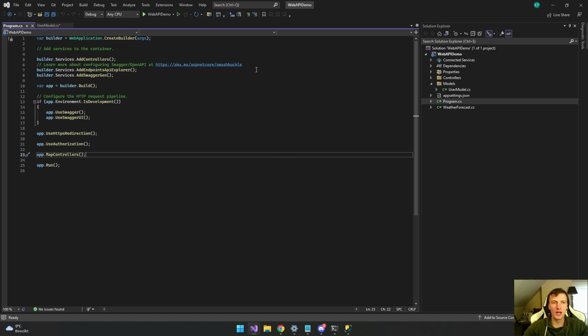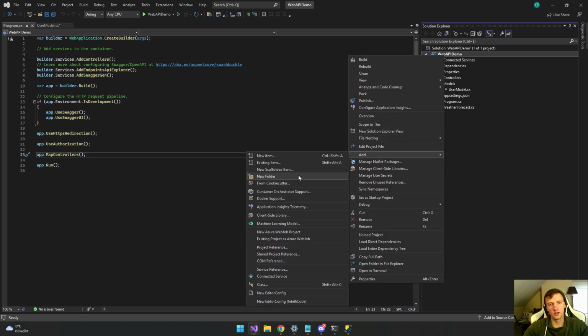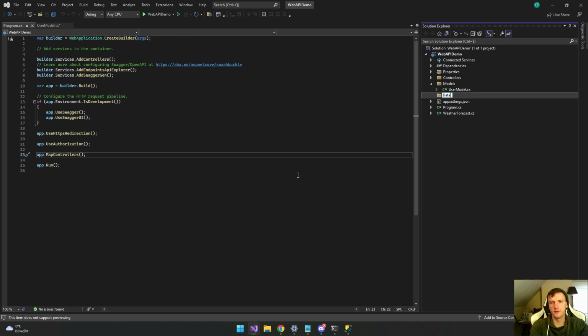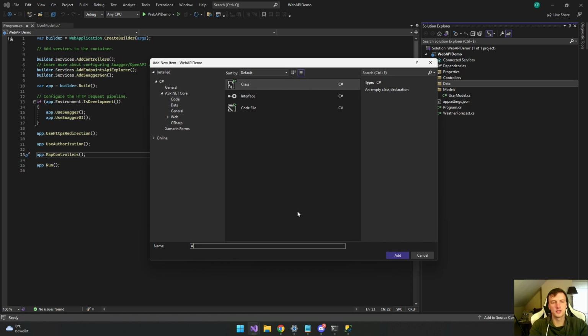And here we first need to add a folder for some data structure, and in this folder we're going to add a class, and we're going to call this ApplicationDbContext.